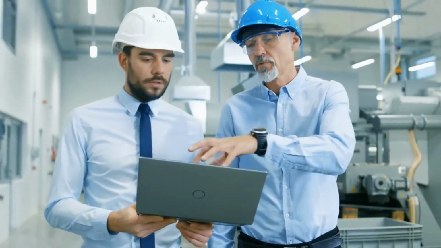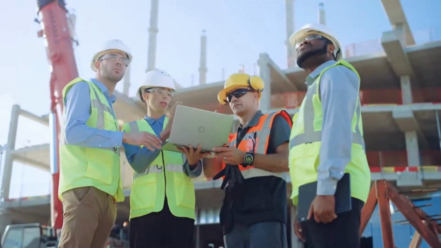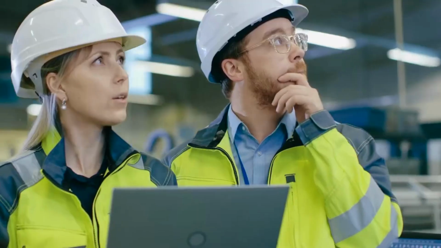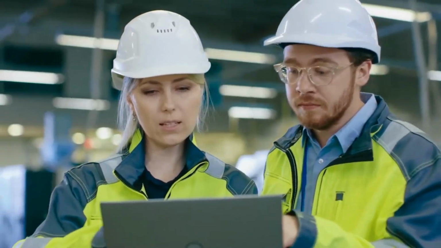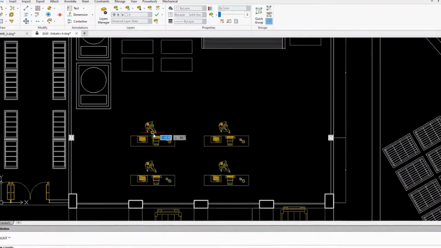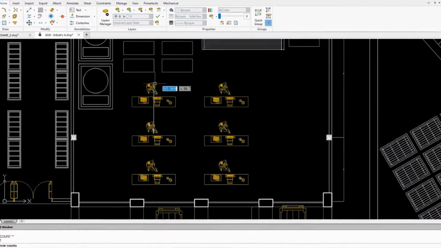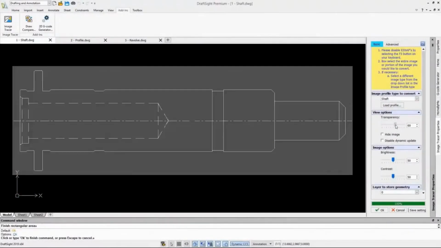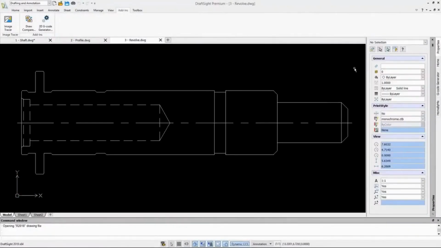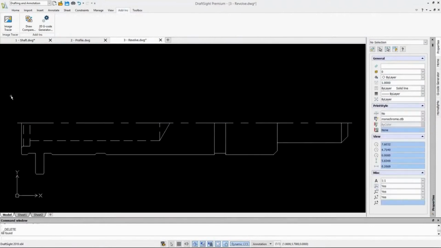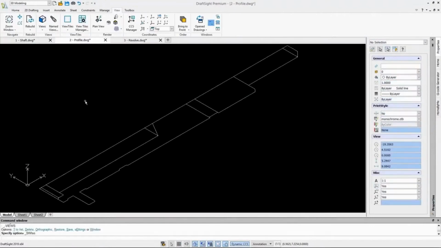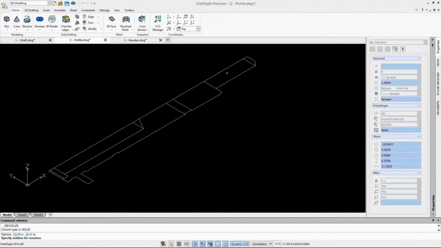If your organization has multiple CAD users or multiple sites, you'll appreciate having options to work efficiently. DraftSight Enterprise includes all the features of DraftSight Professional with network licensing and support. DraftSight Enterprise Plus includes all the capabilities of DraftSight Enterprise with the addition of 3D DWG file-based design and 2D